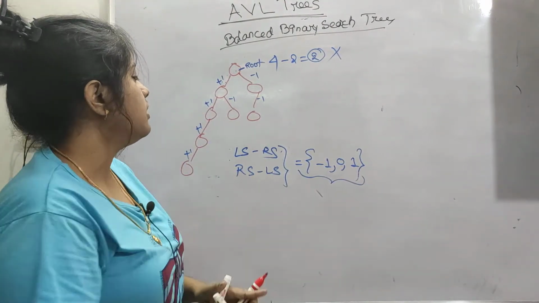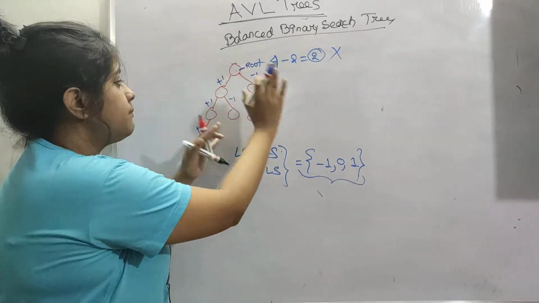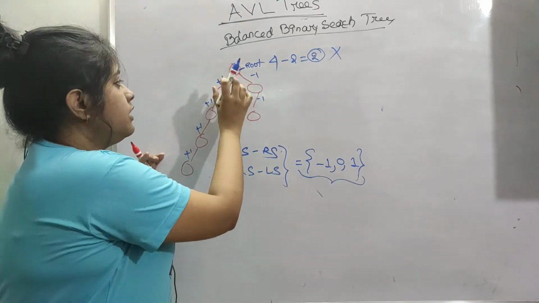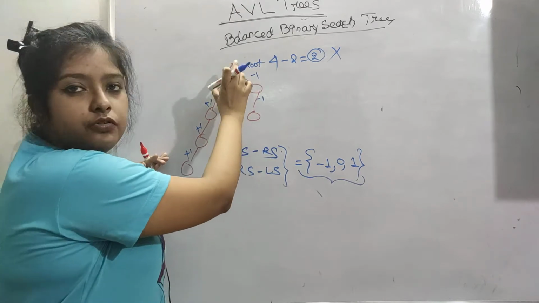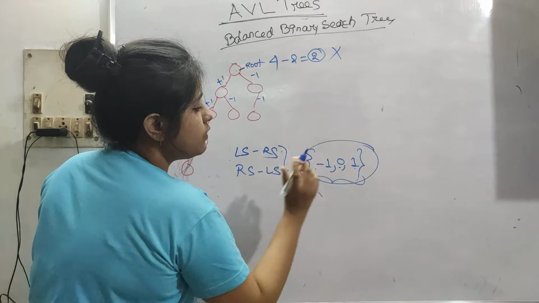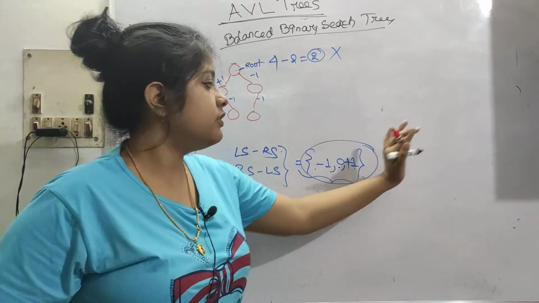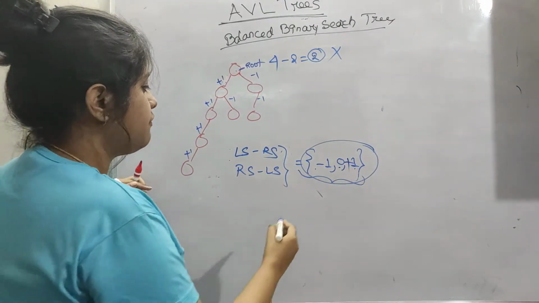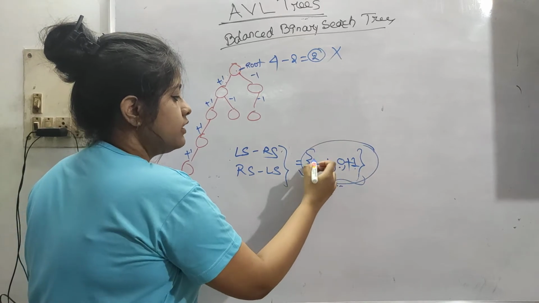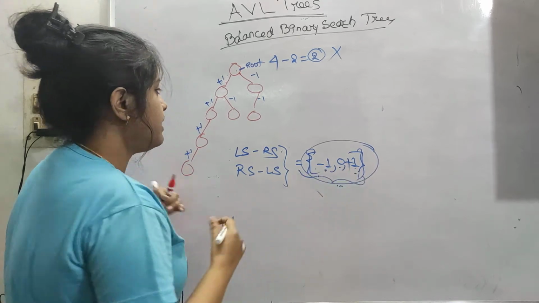I will tell you again. For the left child you can do vice versa also, -1 or +1, that is not an issue. Here we have to check every node, not just the root node. For every node we have to be within this range only: -1, 0 and 1, not beyond -1, not beyond +1. We have to be very sure that it lies between -1 and +1 inclusive, which means -1 and +1 are also allowed.